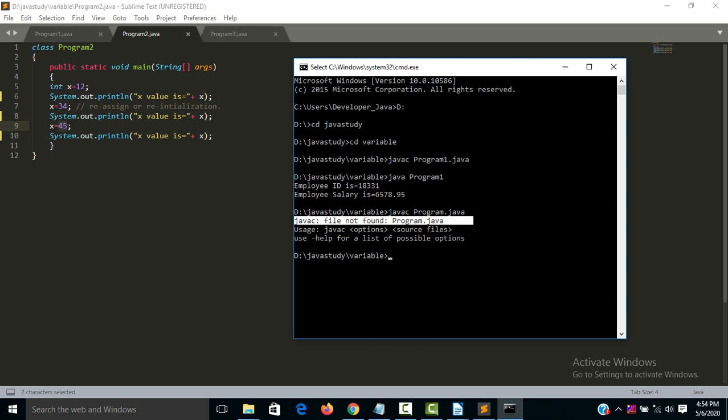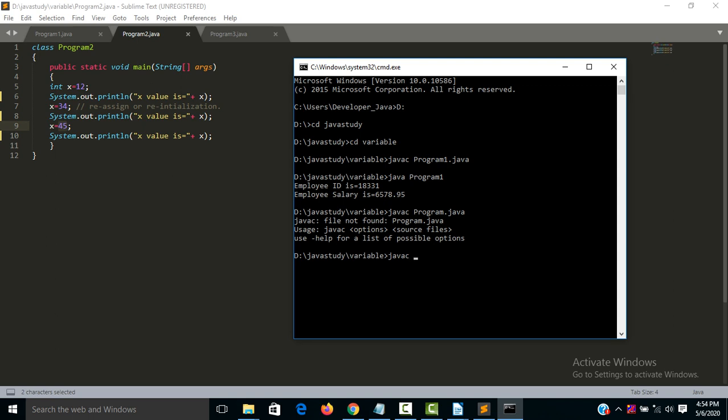Some error is there. I wrote the wrong name here. The file named program.java is not available in the variable folder. That's why it is showing this error, file not found.